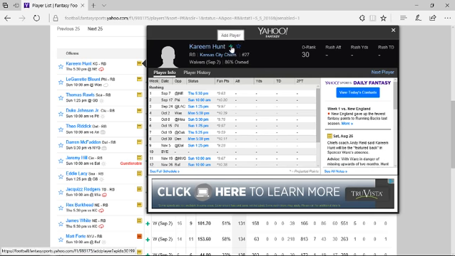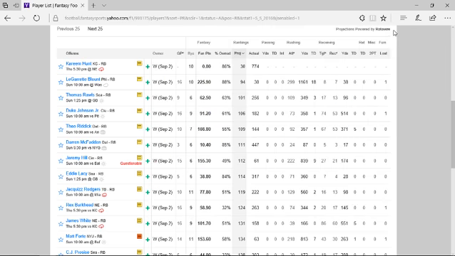pick up Kareem Hunt and then you decide to drop that bum Ezekiel Elliott, then realize that you're getting rid of him for good, and somebody else in our league might be able to pick him up. I don't know why, but they might. All right, so you close that out. That's how you, like, if you decide you want any one of these players, you hit the plus,